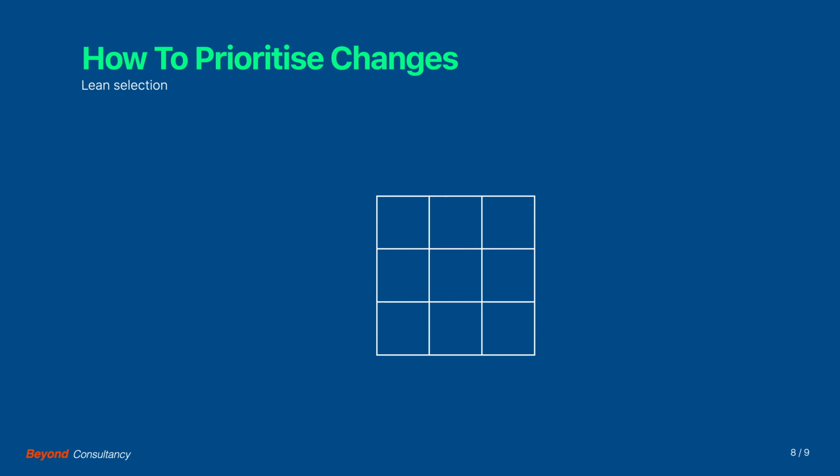This brings us to another question of where to start with corrective actions. In other words, how to prioritize the changes. Lean offers us an approach. For every cause which we would like to address, we need to ask 2 questions. The first question is about the likeliness that the cause is a major one. Is it very likely, somewhat likely, or